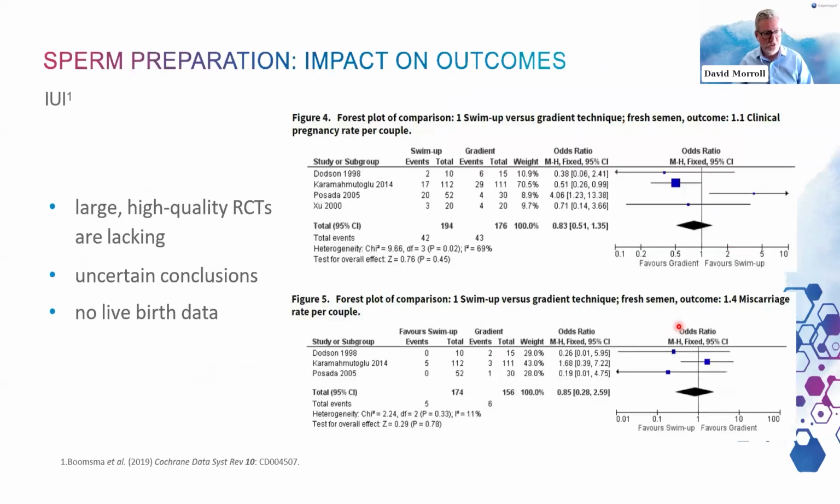Does it impact outcomes? Well, you've probably already been made aware of the Boomsma systematic review. This compared principally swim up and density gradient in IUI cycles and showed no difference. There's a paucity of really strong data. That was the outcome of this particular review, and it doesn't give data on live births, only clinical pregnancy rate per couple. But what it suggests is that once you've got good quality sperm in your post-prep sample, it makes no difference